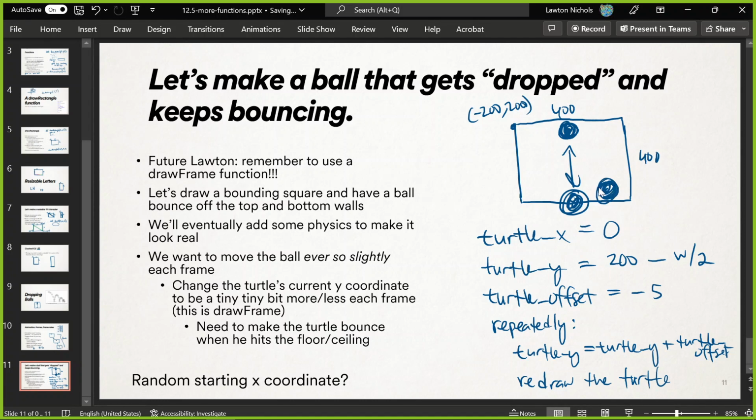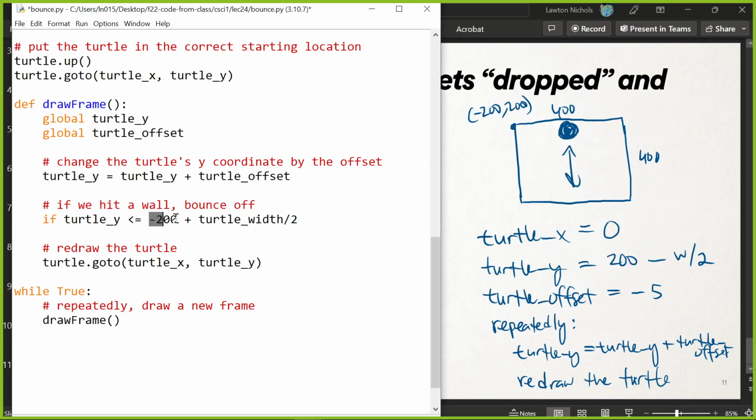If it ever hits this or tries to go past it, then we want to redirect the turtle. Does that make sense? So that's the very last coordinate that the turtle could ever be at. That is -200 plus turtle width over 2. That's the bottom wall, all right? So if this is true, if the turtle's y coordinate is equal to this or it's passing it,